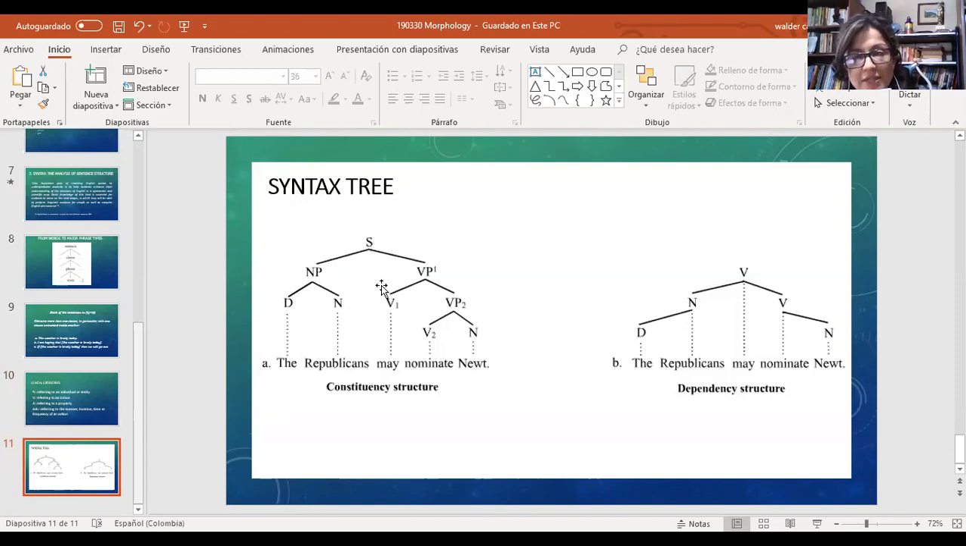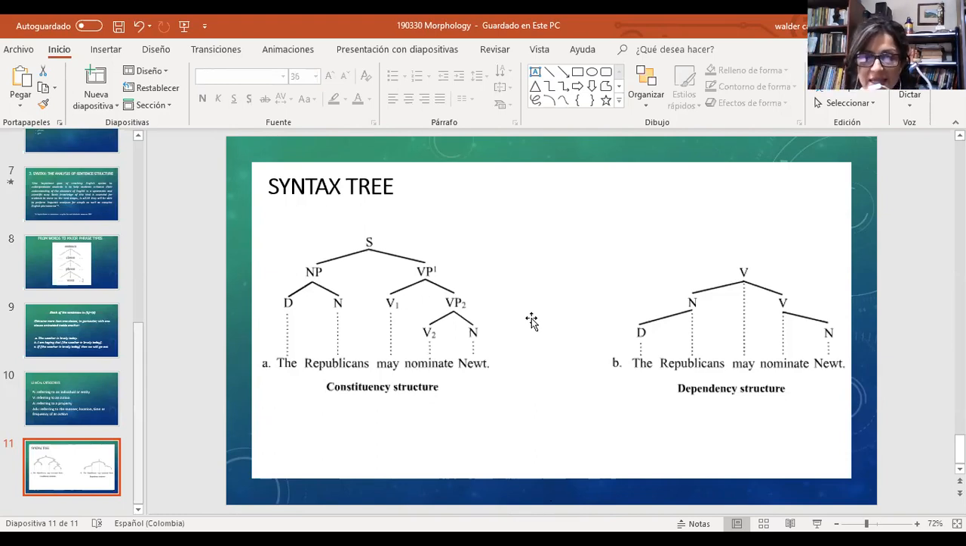And the other part of the sentence is the verbal phrase. The verbal phrase has an adverb, the may, and the verbal phrase can have another verbal phrase inside. This is very important. You can have a verbal phrase inside another verbal phrase. And the verbal phrase has another verb and a noun. So here you have the basic syntax tree